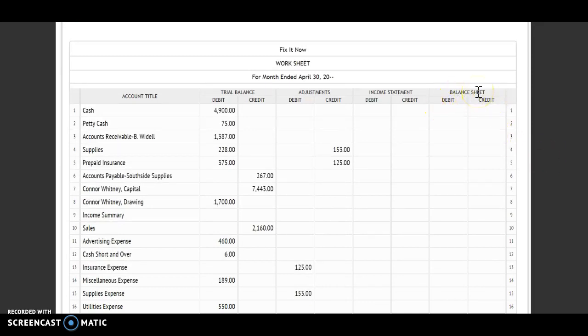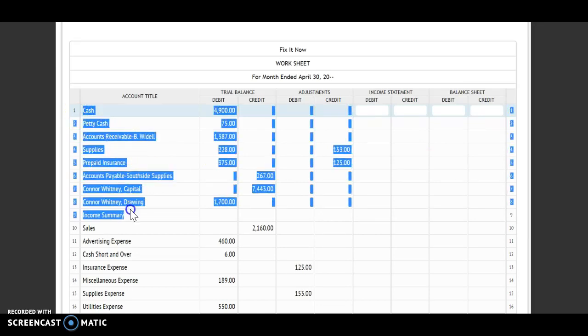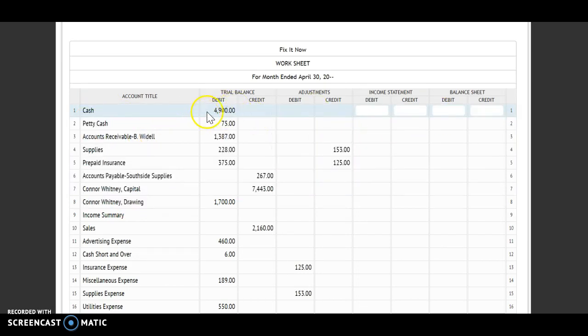Remember, our balance sheet is assets, liabilities, and owner's equity. It is our accounting equation. So that is going to be these accounts here, cash through drawing. And so I'm going to start with cash. I have a debit of $4,900. Remember, I'm simply pulling these numbers all the way across. Debit of $75,